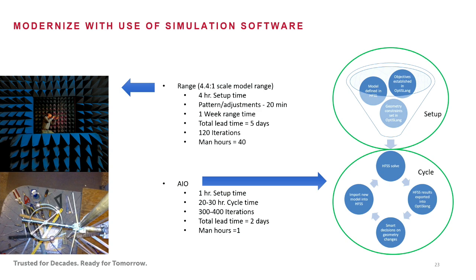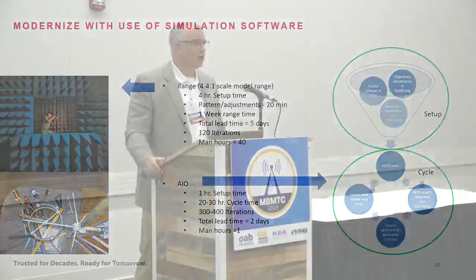Let's say you do 120 different iterations. That's going to take you about 40 man-hours to do. You could do the same thing in software in about 1 man-hour. Now, it's 1 man-hour, but it does take the computer about 20 or 30 hours. But you do the first one on Monday and you let it run while you set up the next one to run on Tuesday, and your engineer, the key resource, is only consumed for 1 hour per project in this case. So a huge difference in terms of simulation time and the number of iterations that you can run. So you get a better solution at the end as well.